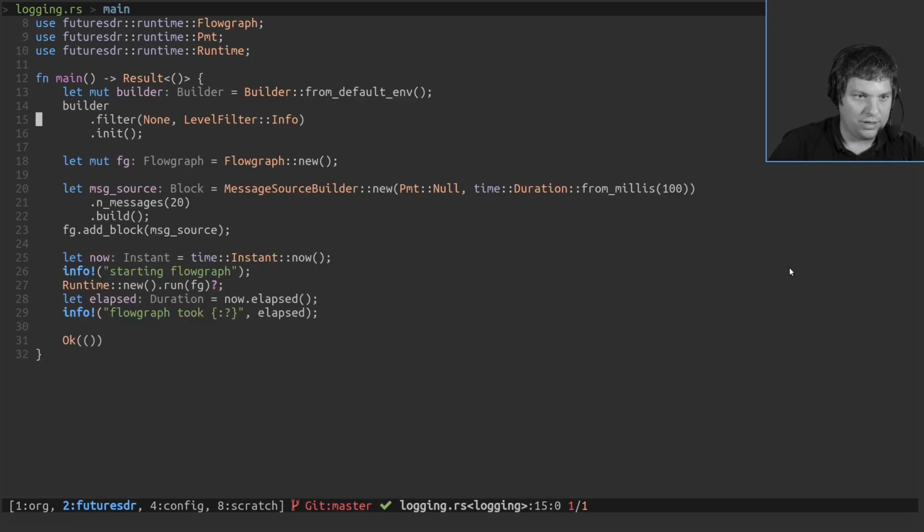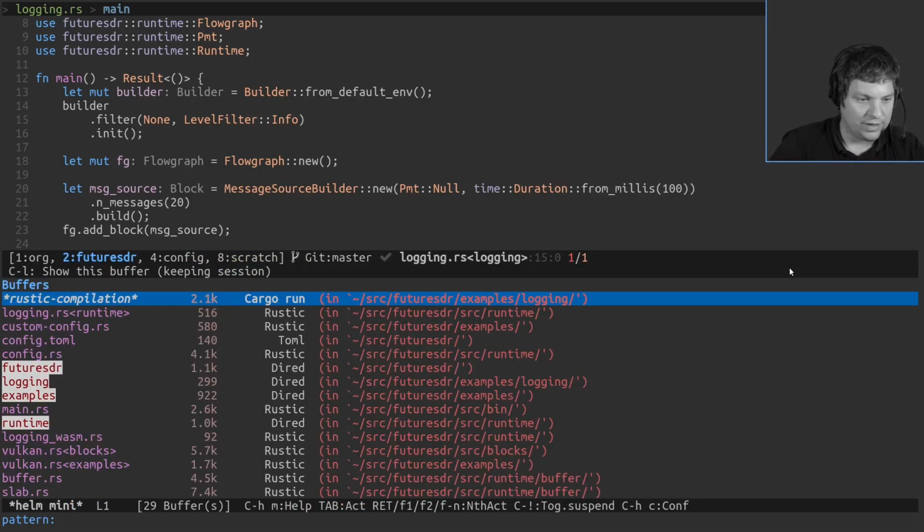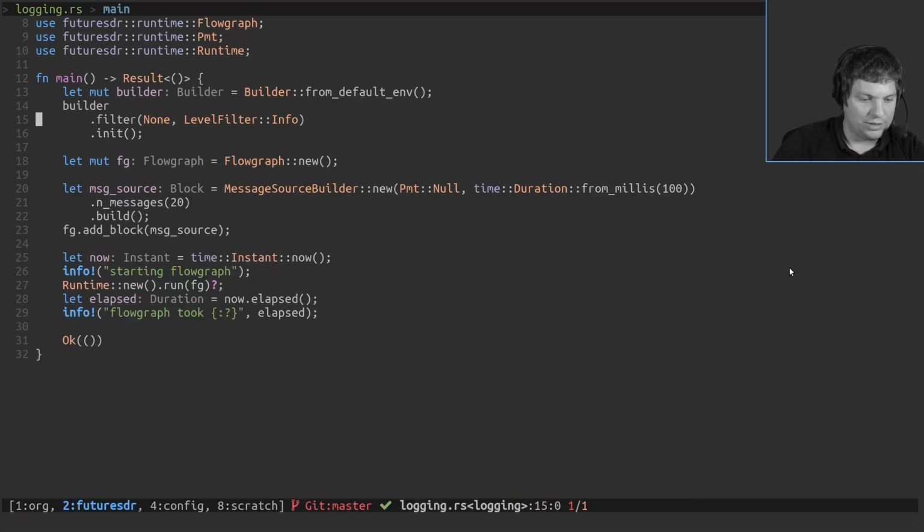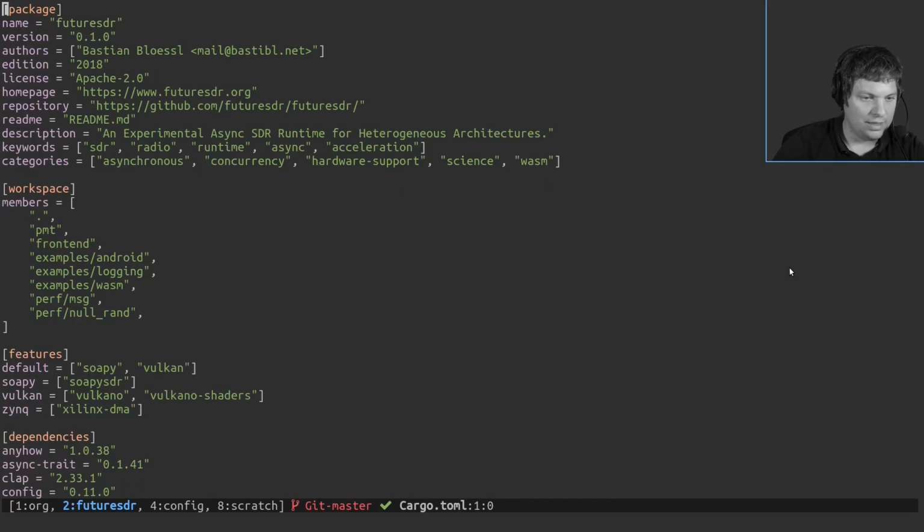And one more note about logging is that, maybe you're worried, okay, if I add a lot of log messages, doesn't this impact runtime performance? And a good thing about the log crate is that you can very easily customize what log messages should be compiled in. For example, you can say, okay, in the debug build, I have excessive logging, but in the release build, I don't want to pay the price for this and have some overhead, even if I maybe do not even use the log messages. So that means not printed, but maybe this still has a runtime overhead and you want to avoid that.